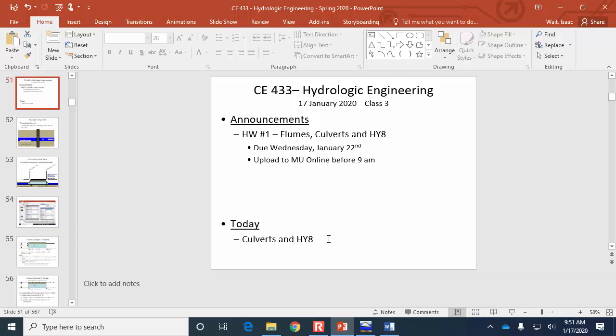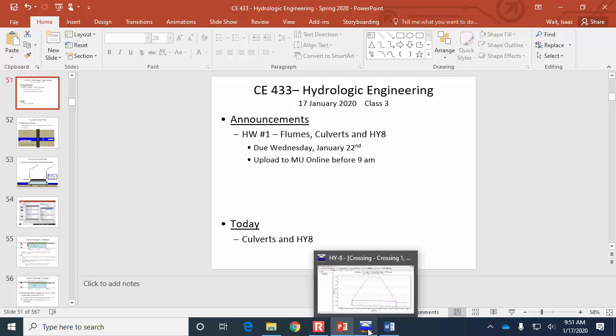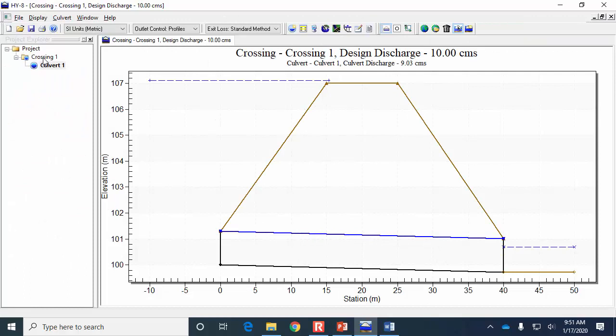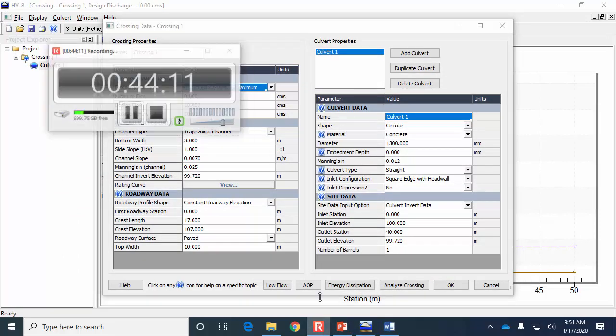Can you pull your crossing data up? Mm-hmm. I don't know where we're trying to get it to where you